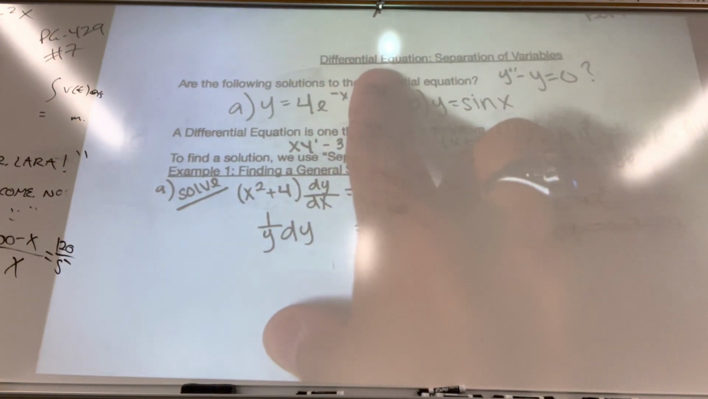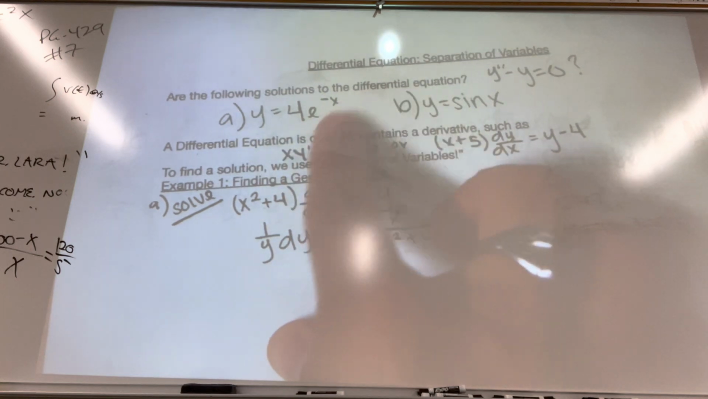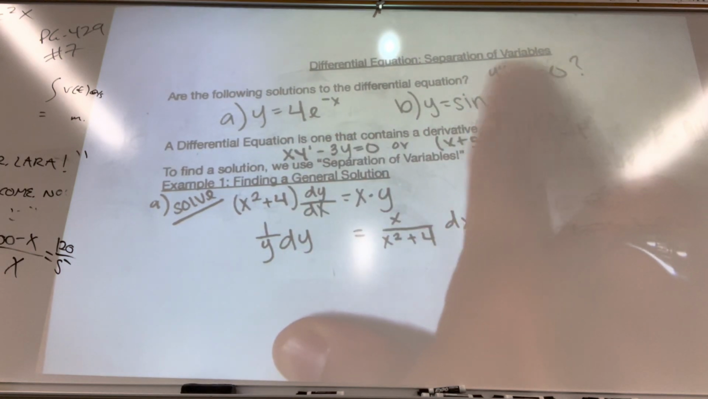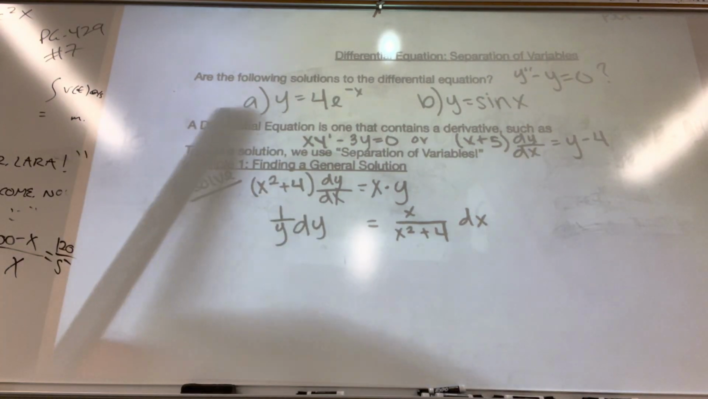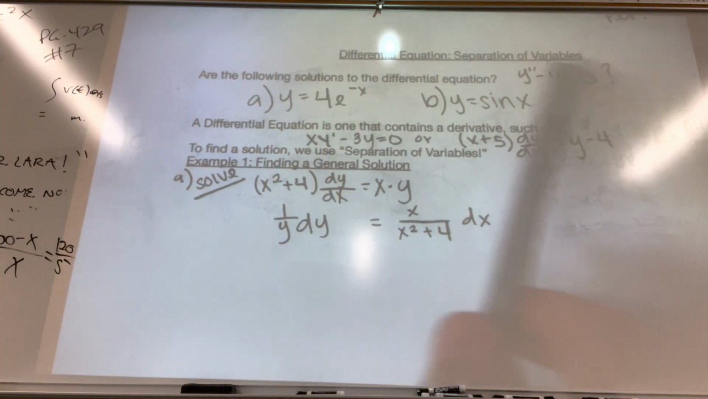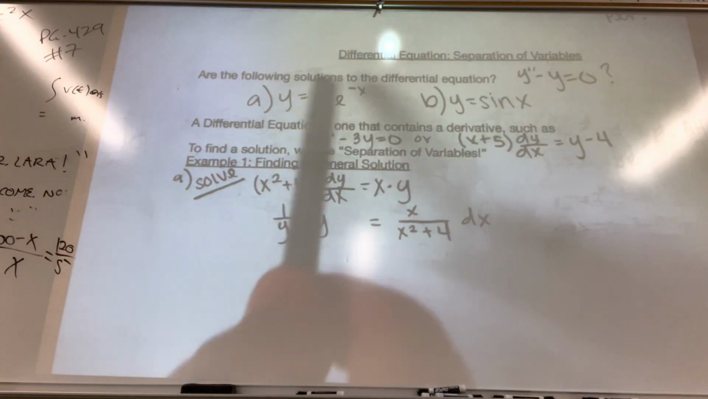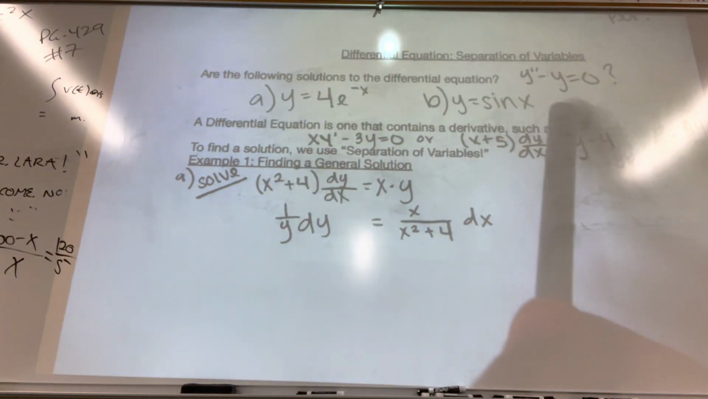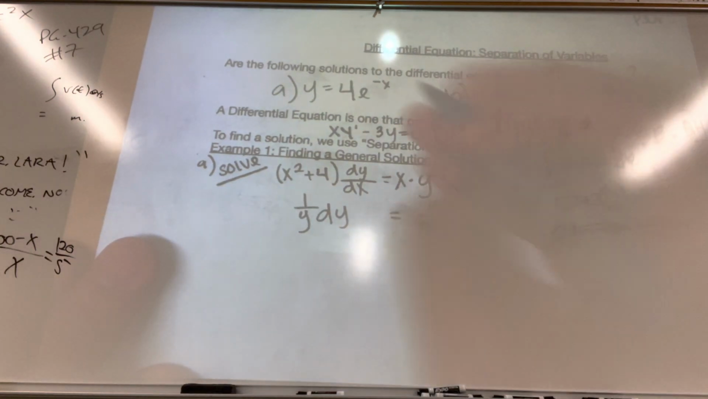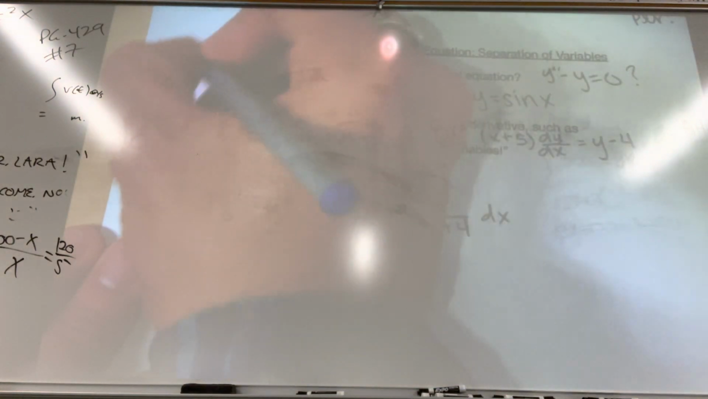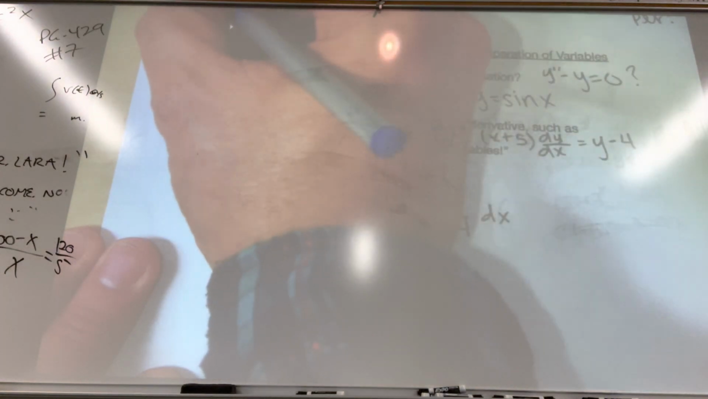So, do these two functions satisfy this equation? Well, I'm going to help you with the first one, and then you can answer part B. So, does this function satisfy this equation? Y double prime minus y equals 0. Well, I'm going to do this here up top. So for part A,